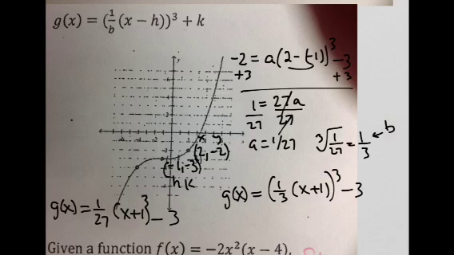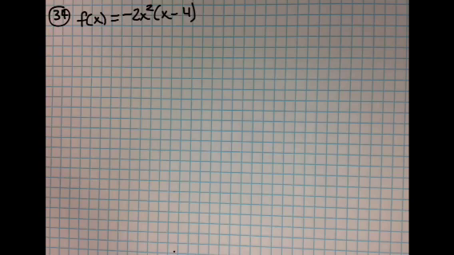Okay, and remember how we got the b? I took the a value, found the cube root, and that gave me my b. They're asking you, I know I told you guys to switch the directions and just sketch the graph. So we need to find the leading term for this, because we need the end behavior. So I've got negative 2x squared times x, that gives me